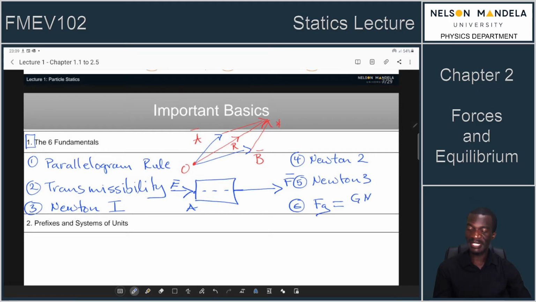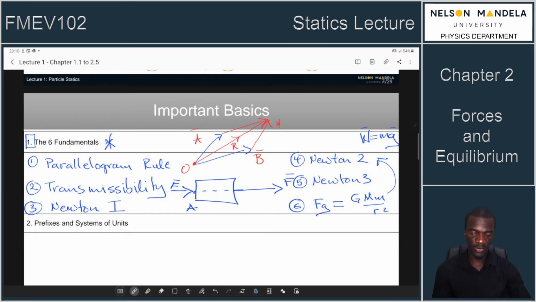that we are studying in mechanics are all objects that have some mass. If these objects have some mass, these objects are always attracted to the center of the earth by this force called the gravitational force. So with all our analysis, we will make use of the gravitational force. Usually we will make use of it inside Newton 2 to describe the weight of some objects as mg in a certain direction. So basically these are the 6 fundamentals of mechanics which you have used and will use throughout